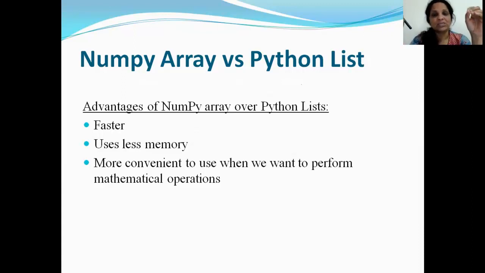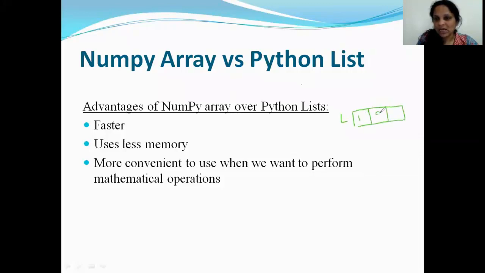NumPy array elements are stored in continuous locations in memory, so accessing a NumPy array is faster than accessing list elements. List elements are stored differently. Let me show you a diagram of a list so things are a little clearer. Suppose this is a list I have.